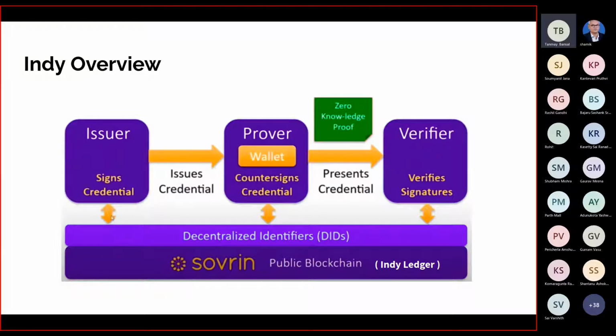Supporting all this are the decentralized identifiers, which are stored in the public blockchain. Sovereign is the foundation that is supporting Indy, and one deployment of the Indy software, or the Indy network, is being maintained by Sovereign. Apart from DIDs, in this layer, which is not specified here, you will find that there are some other artifacts which support VCs and this flow of credentials and presentations.